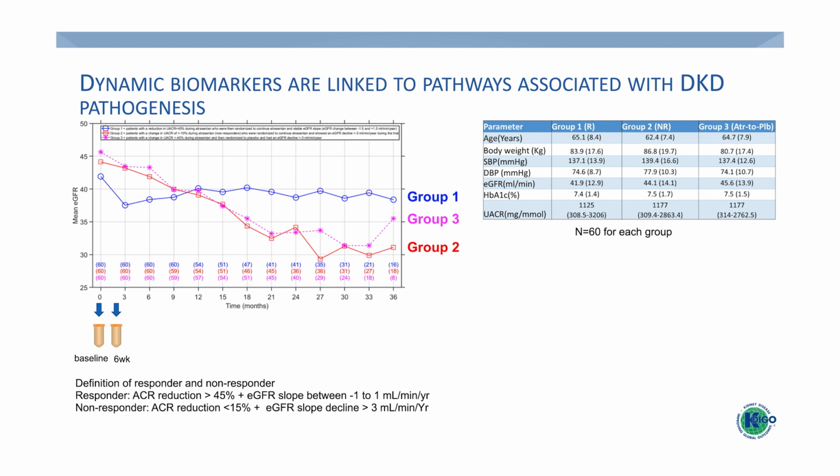And importantly, we want to get to the specific biomarkers. In the phase 3 SONAR trial, we identified patients that responded to this atrasentan treatment, which is group 1. They have reduced ACR and stable kidney function. We also identified patients from two groups who do not respond to atrasentan, and they still show a very steep GFR slope and no good improvement of albuminuria. Those patients were matched at baseline with all the risk factors,